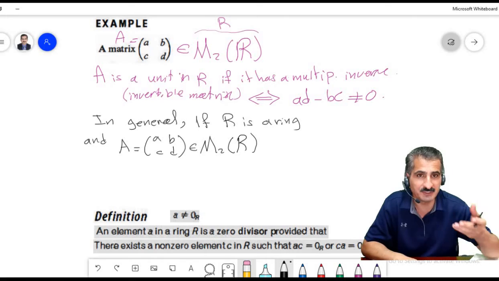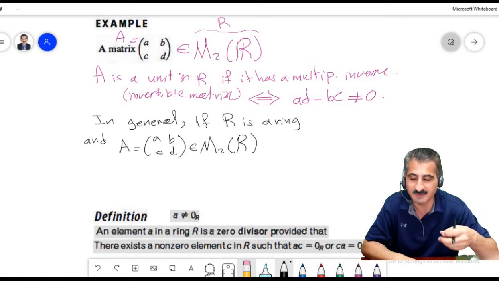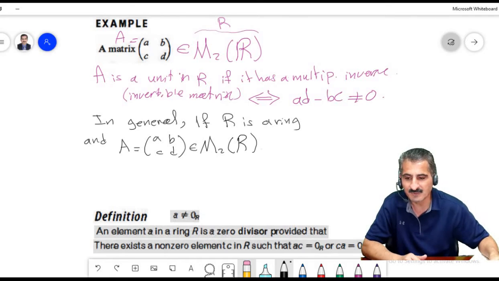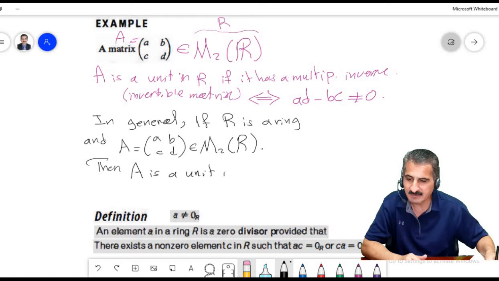It might be Z, it might be Z5, it might be the rational numbers, it might be Z10. Then A is a unit in M2(R)